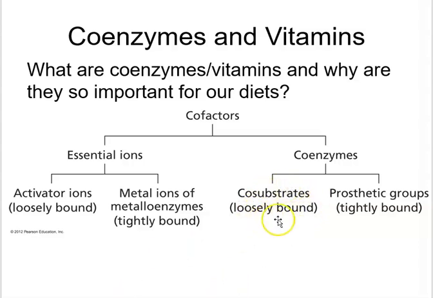Co-substrates, an example of this are like FADH and NAD+. Those are things that are going to be involved in the electron transport chain. For example, they can't be tightly bound because they need to move and interact with other things as well. Prosthetic groups like hemes, for example, are going to be bound and more permanently attached to that enzyme or